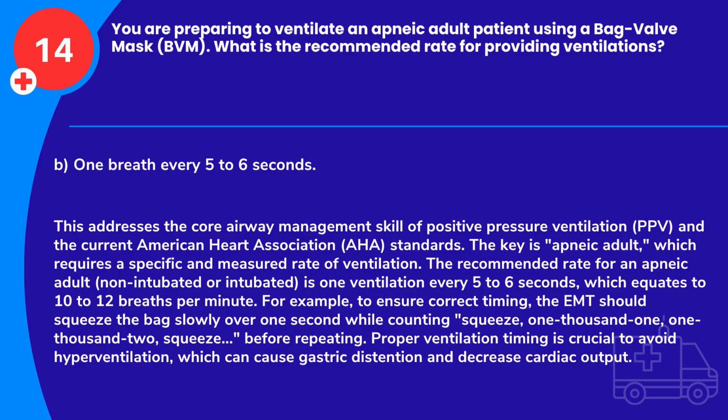This addresses the core airway management skill of positive pressure ventilation, PPV, and the current American Heart Association, AHA standards. The key is apneic adult, which requires a specific and measured rate of ventilation. The recommended rate for an apneic adult, non-intubated or intubated, is 1 ventilation every 5 to 6 seconds, which equates to 10 to 12 breaths per minute. For example, to ensure correct timing, the EMT should squeeze the bag slowly over 1 second while counting, squeeze, 1001, 1002, squeeze, before repeating. Proper ventilation timing is crucial to avoid hyperventilation, which can cause gastric distension and decrease cardiac